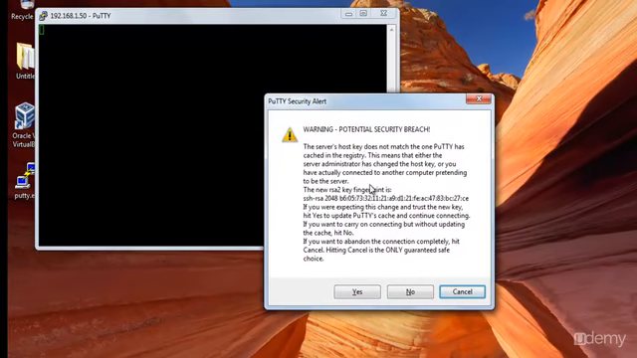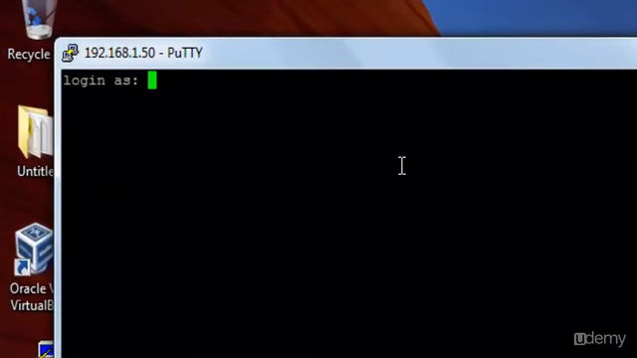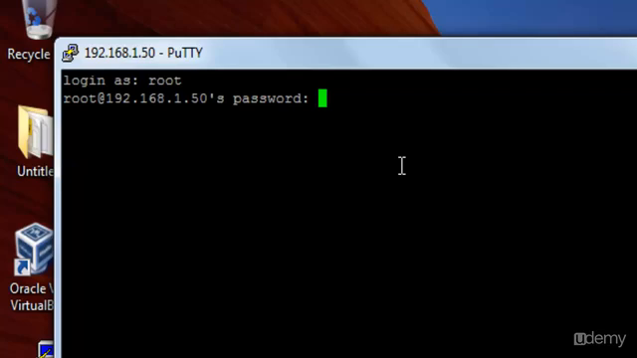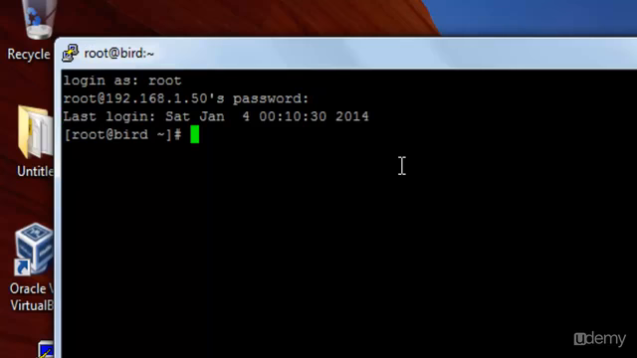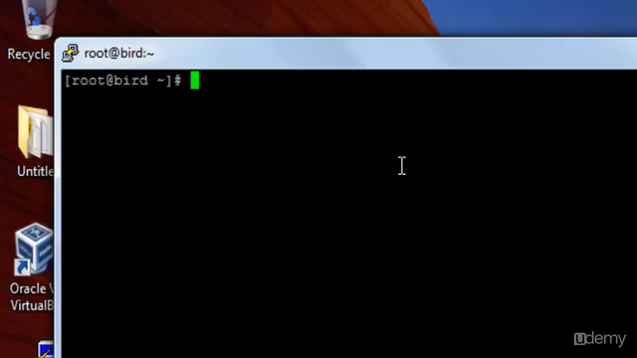This message may appear for you. If it appears, just press on yes, and from here you will type the user root, then wait for the password field to appear for you, and then you will type the password and enter. And as you can see, now you have logged in